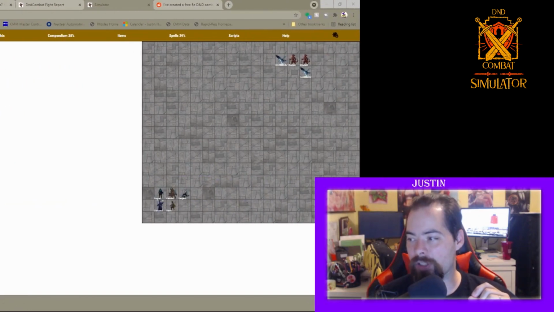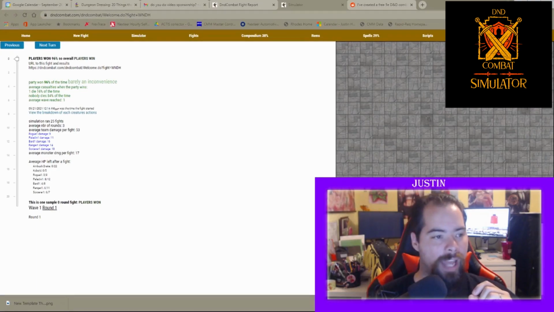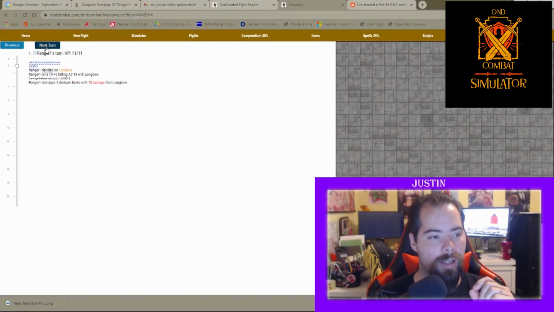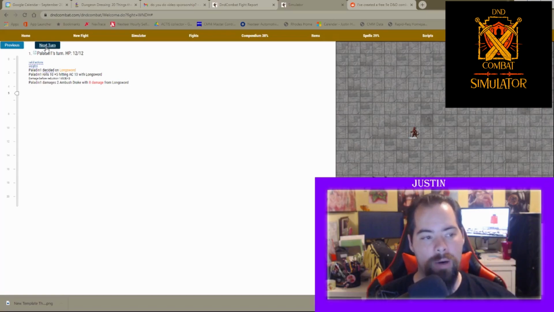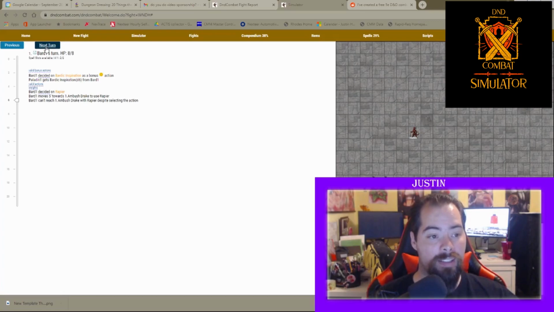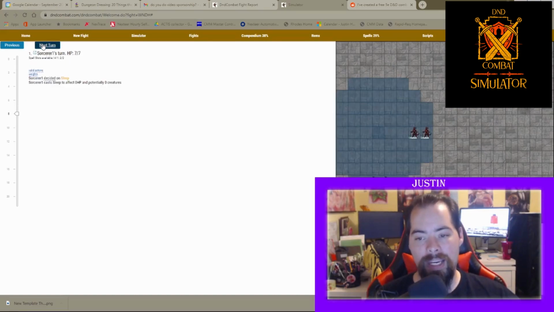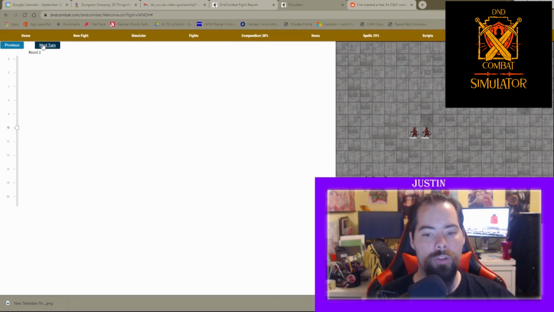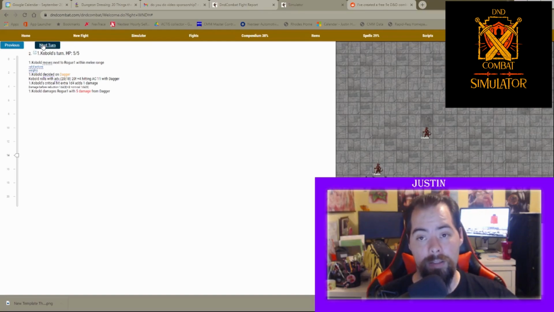You can see the adventurers start off in the other camera, and then as you cycle through the actions, it tells you exactly what the character is doing, what weapon they used, what power they did, how far they moved, which is just fantastic, and it's a lot of really good information. You can see that the bard is using bardic inspiration, which is pretty nice, and it really follows it step by step and shows you how the fight is going, which is far more than something like Cobalt Fight Club,